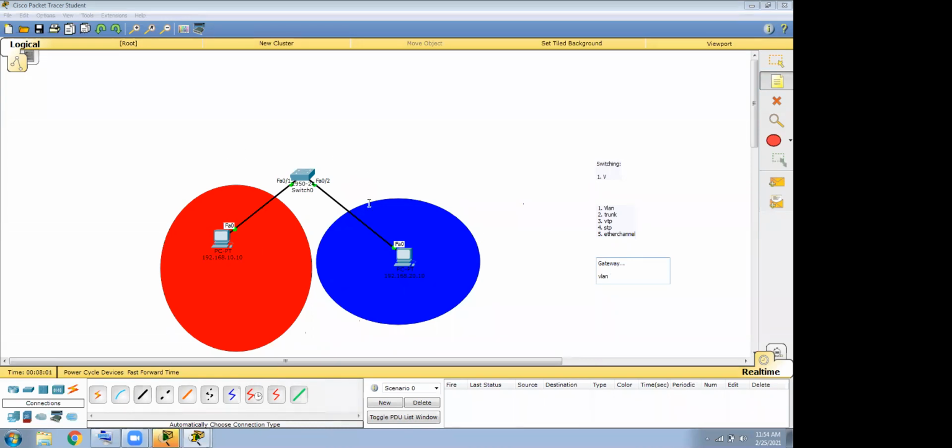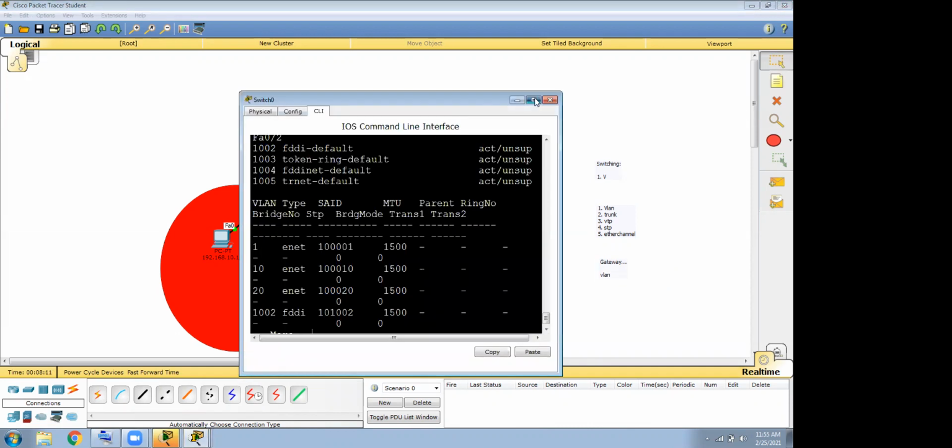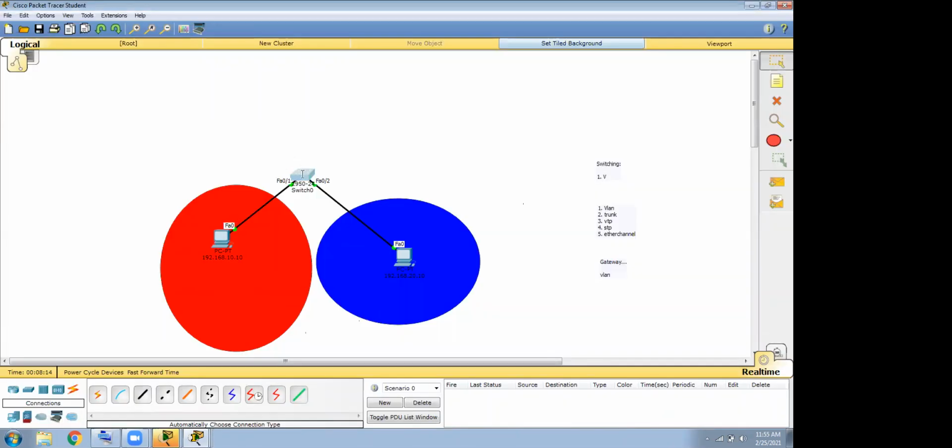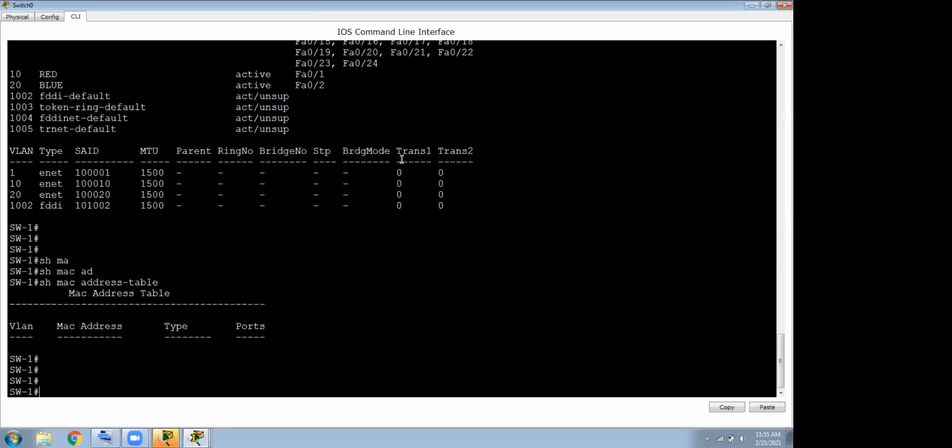So if you want to configure, if I go to this switch and check here, currently I don't see the MAC address, so I need something there.